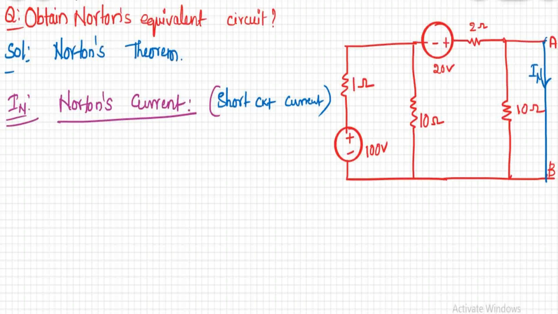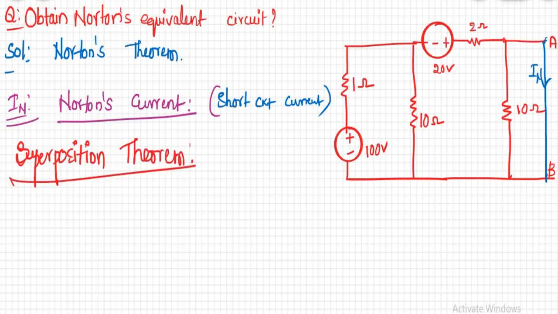Here you have two independent sources, and we need the current through one branch. How are you going to find the current here? Think about it. How can you solve if a circuit has more than one independent source? How can you solve for that variable? You can strike one theorem, that is called the superposition theorem. This is how you are going to solve networks using your theorems. If you are aware of the superposition theorem, which I have explained so far, you can apply that theorem here.